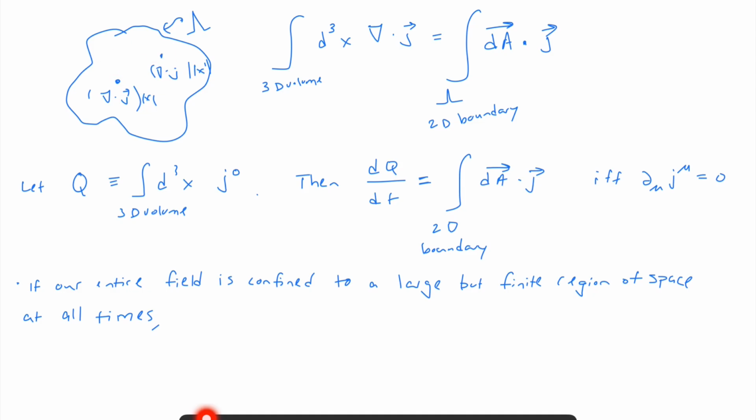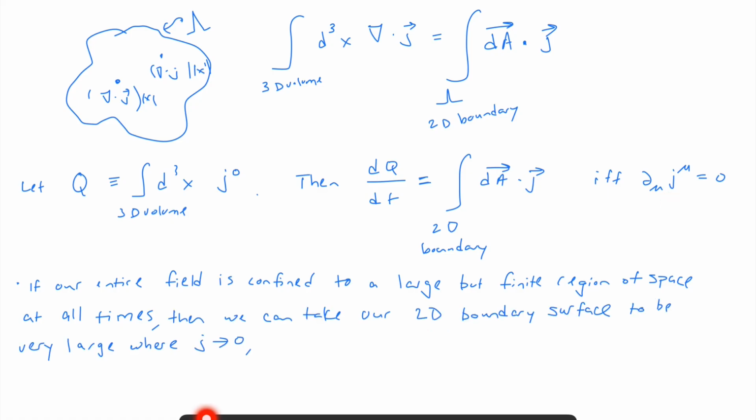If that's the case, that this boundary is infinitely large and the value of the vector fields here are 0, then everything crossing here is 0, and there's nothing crossing here, and all the action happens inside this finite region of space. If that's the case, and we have this local conservation equation, then we have that dQ/dt is